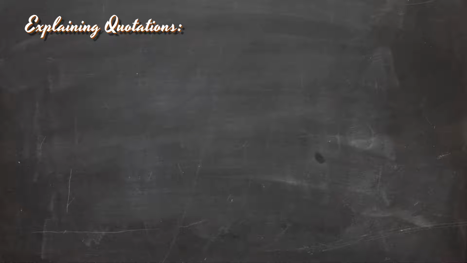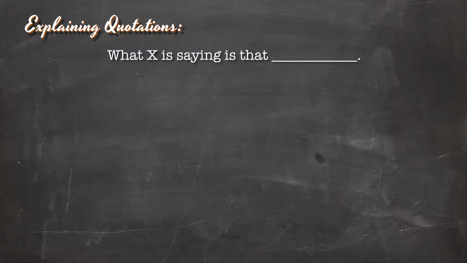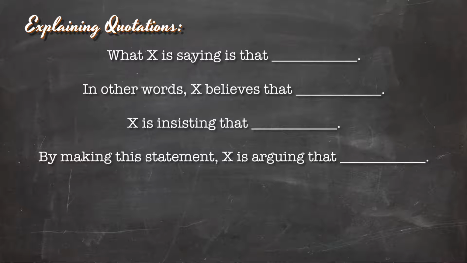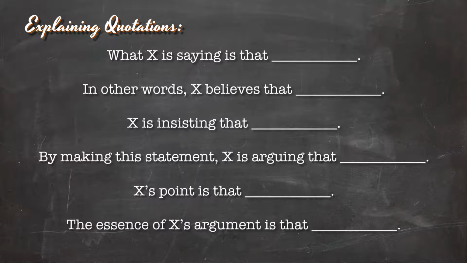Now, here are some templates for explaining quotations. What X is saying is that, in other words, X believes that, X is insisting that, by making this statement, X is arguing that, X's point is that, the essence of X's argument is that,